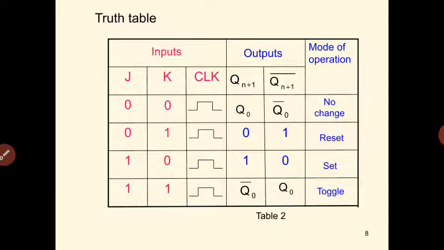So this is the truth table of master slave JK flip-flop. Whenever J is equal to 0 and K is equal to 0, and when clock is there, then Qn plus 1 will become Qn and Qn plus 1 bar will become Qn bar. No change. The truth table of JK flip-flop is the same as the truth table of master slave JK flip-flop,